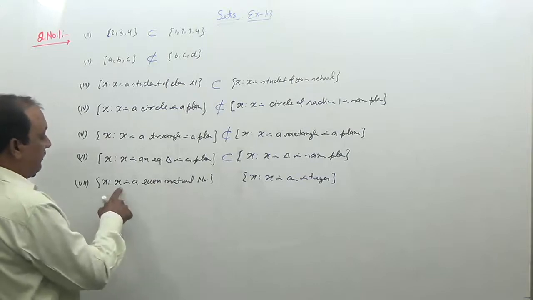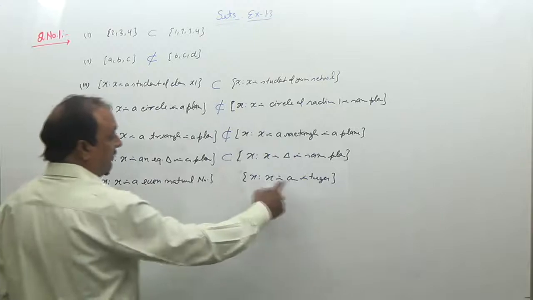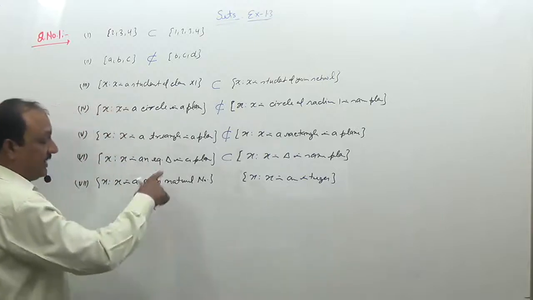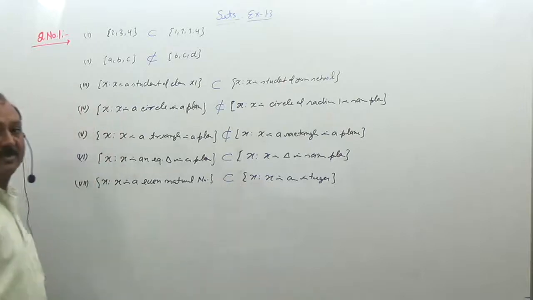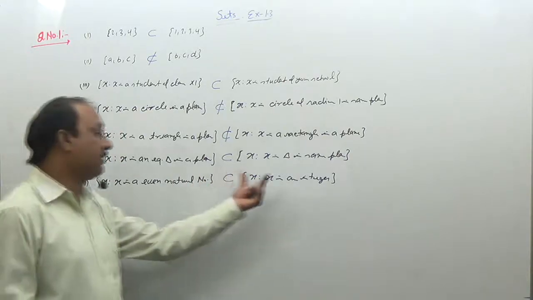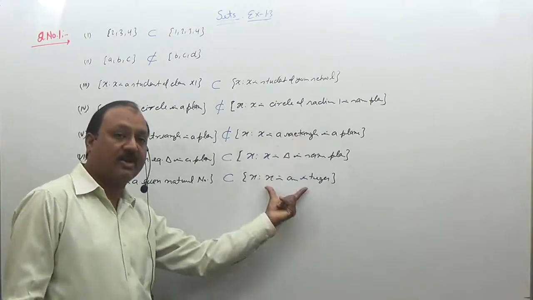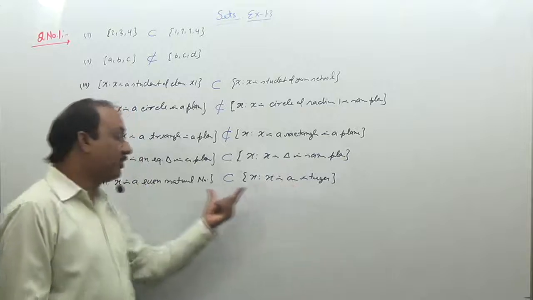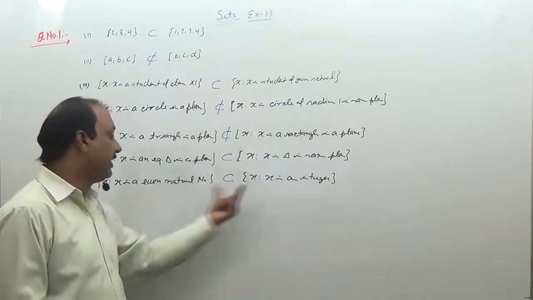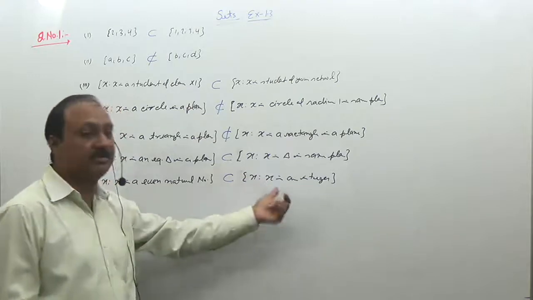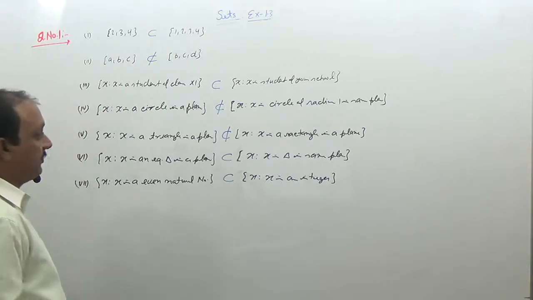Next is x says that x is an even natural number, that is 2, 4, 6 and x is an integer. So 2, 4, 6, every natural number is an integer, so this is also a subset. यहां पर 2, 4, 6, 8 है, यहां पर 1, 2, 3, 4, 6, -1, -2, 0 एंड सो ऑन, यहां पे सब इंटीजर्स है. तो every even natural number is an integer, so all the even integers lie in this set, so therefore this one is the subset of this. तो ये हमने किया है क्वेश्चन फर्स्ट.